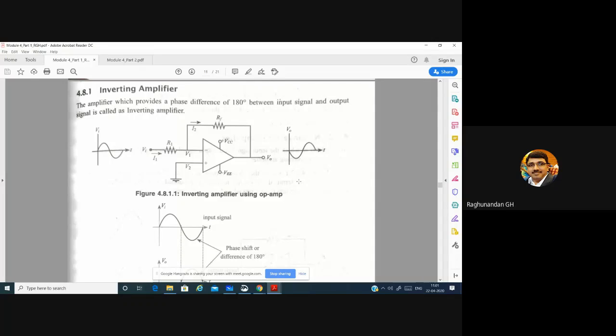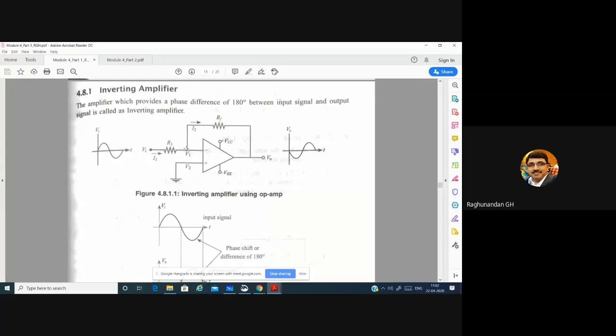So the junction, if you take this junction V1, this junction will be in line with the terminal V2. That means whatever we have at the non-inverting terminal, the same thing will be lying across this junction or the node. So if this non-inverting terminal is grounded, then if you measure the voltage at this junction V1, it will also give you 0 volt. Suppose this non-inverting terminal is given some 5 volt input, then if you measure at this point, it is going to give you 5 volt.